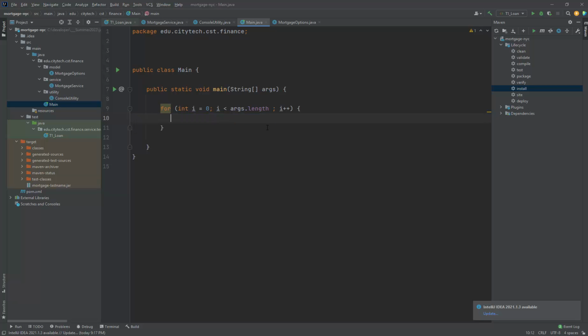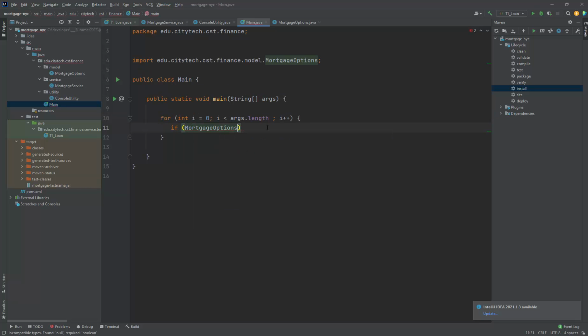I'm going to type in here, if mortgage option is valid option, okay, those values are coming from the outside world here, and I will test any one of those values, args